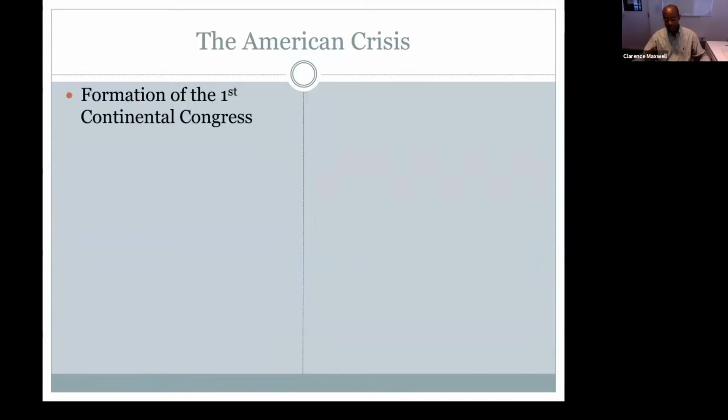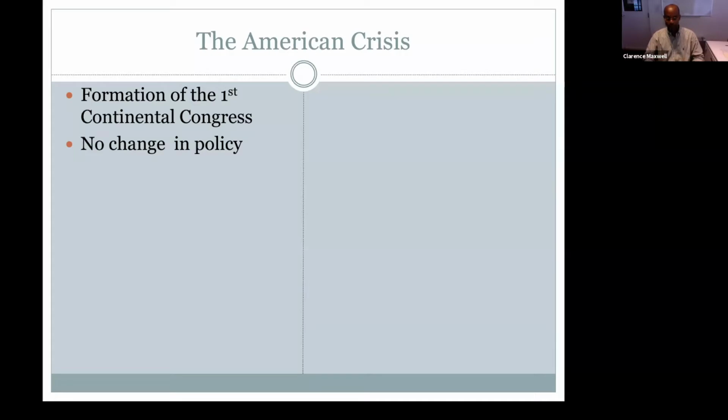What this meant, of course, as the crisis was beginning to form and develop, was that it moved from protests to people beginning to form associations, and ultimately coming together to form a Congress that acted first as a protector, promoter and defender of American interests, pushing the American argument, and ultimately beginning to take action against the British. The formation of the Continental Congress would be the first act. But one of the things they would do in order to push the British,